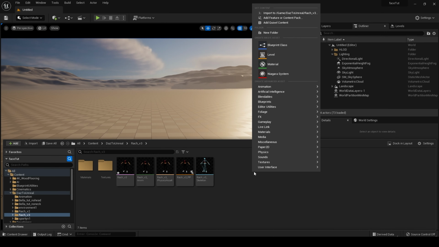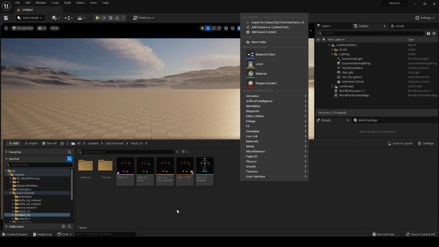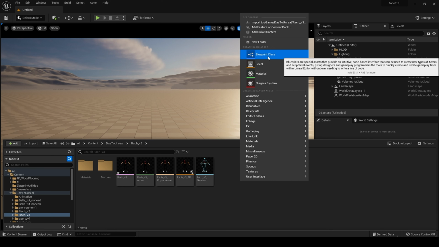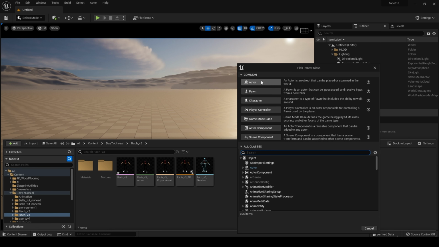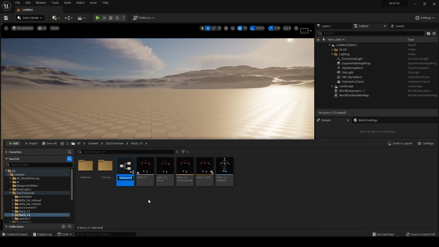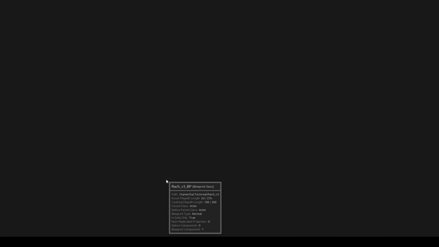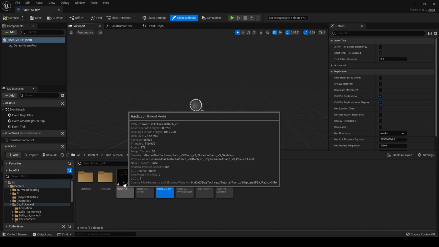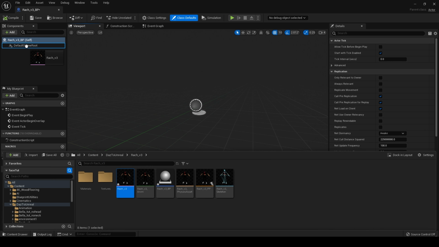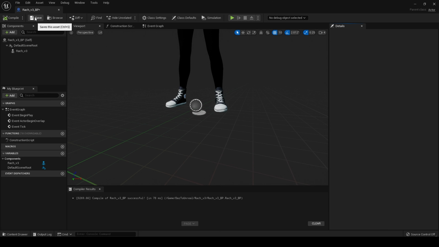Next, we need to create an actor blueprint for our character. So inside my folder, I will right click, blueprint class, and I want to choose actor for this because we are doing a cinematic, so there's no point choosing character at this time. So animate actor, and then we want to call this Rach version 3 BP, and open that up. It may take a while the first time. Oh no, quite quick today. Right, go back to your content drawer and drag in our skeletal mesh onto default scene root. Hit compile and save. And there we go.